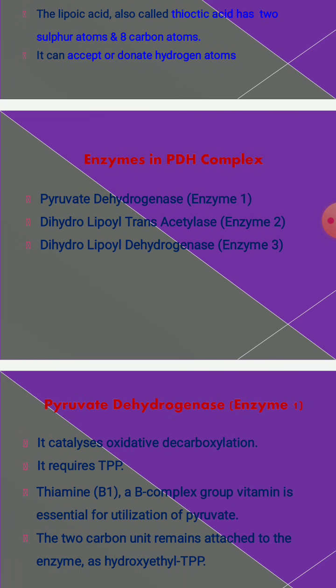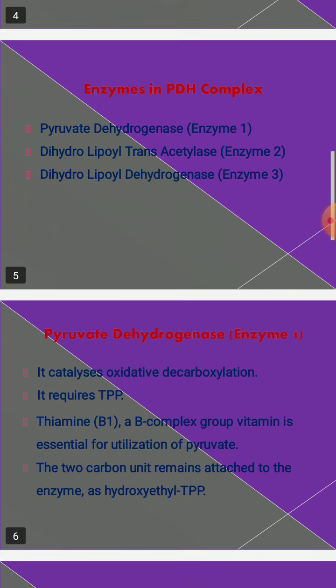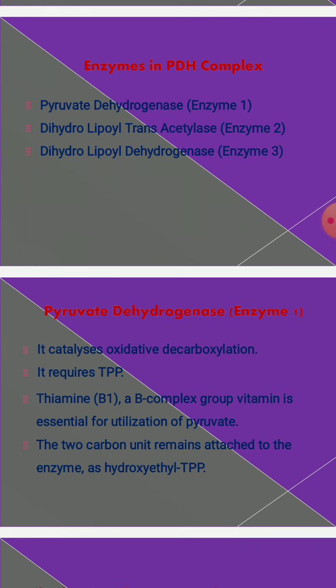So this first apoenzyme, that is pyruvate dehydrogenase enzyme 1, is mainly involved in catalyzing the oxidative decarboxylation mechanism. It requires TPP, as you all know. So this thiamine pyrophosphate, TPP, is a B complex vitamin which is essential for the utilization of the pyruvate molecule. Right? The two carbon atoms which are present in that remain attached to this enzyme,